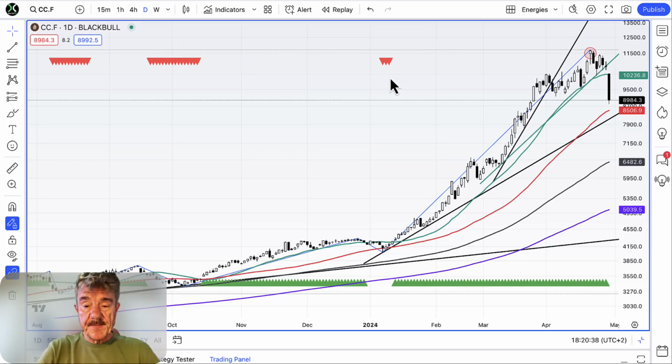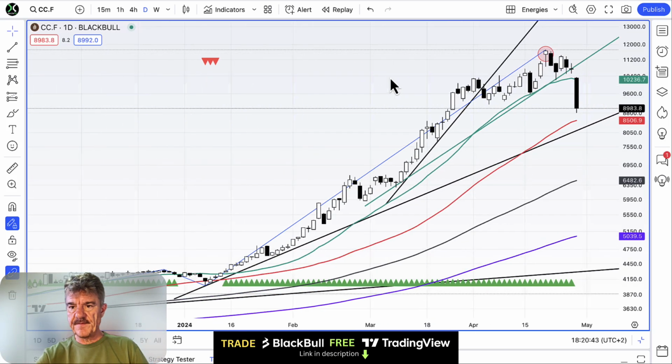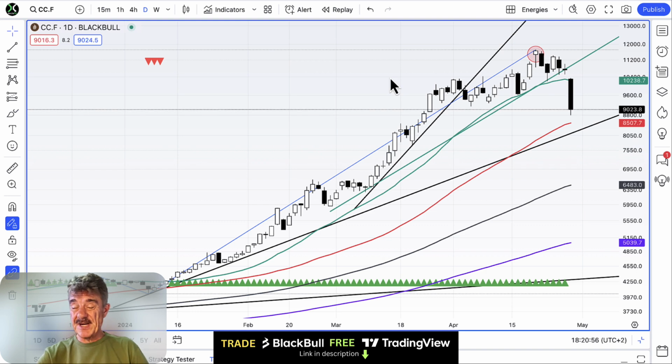All right, so people are asking me what the hell's going on with cocoa. Now, let's have a quick look at this because I'm sure a lot of you have been trading this. Even though it's been pretty perilous, as you will know, if you've been trying to short this at any one point. I have covered cocoa in the last couple of videos, and I'll link the last one up in this video. Today, we've dropped about 15%, actually 16% now, and trading just around about 9,000, I suppose,